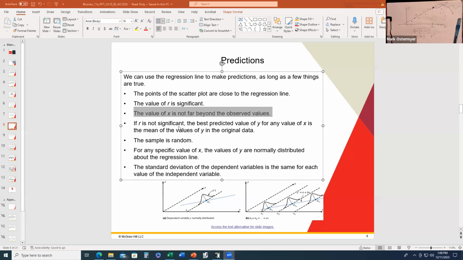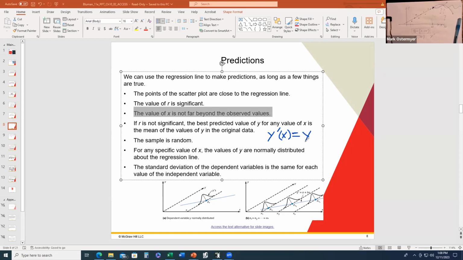All right, if R is not significant, which means that maybe we were not able to reject the null hypothesis where rho is equal to 0, the best predicted value of Y for any value of X is the mean of the values of Y in the original data. In other words, if R, your correlation coefficient, is very close to 0, then for any value of X, your best predicted value would be the mean of all the Y coordinates of all the ordered pair data